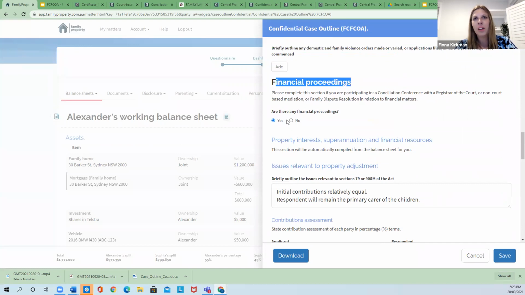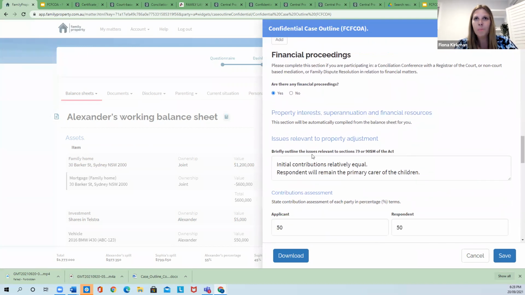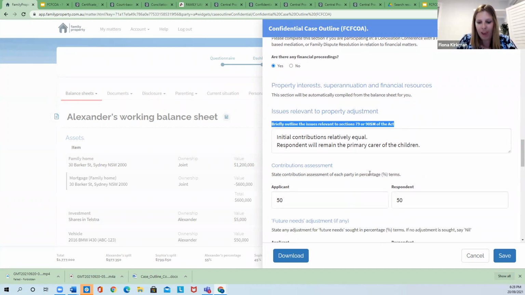Financial proceedings, so if yes, we'll automatically compile the whole balance sheet with the assets, liabilities, superannuation and financial resources for you. Then you need to briefly outline the relevant issues under Section 79 or Section 90SM of the Act.